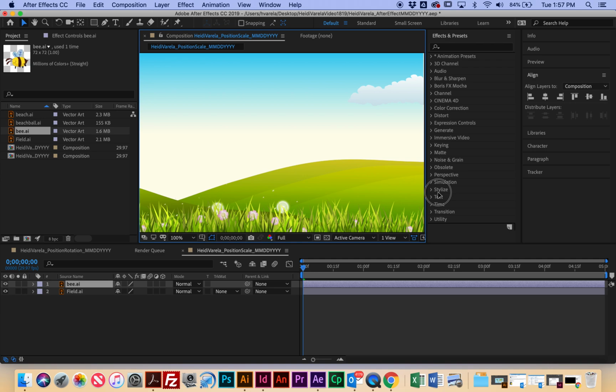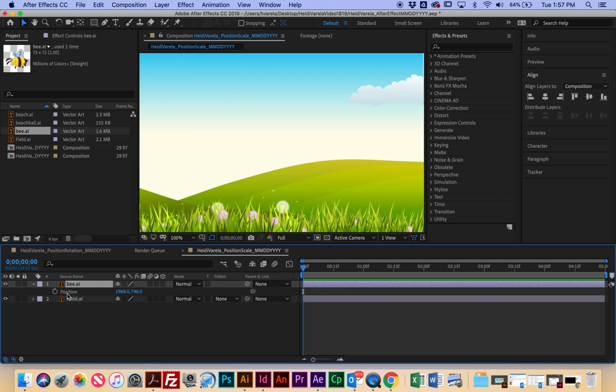I'm going to start him off over here, and I'm going to select the B layer and hit P for position because I want to animate the position. So I want it to start off stage left, and we're on frame 1. The CTI is on frame 1. So I'm going to hit the stopwatch for position, and then I can animate this either by clicking and dragging the XY coordinates of the position of the B, or I could use my selection tool to click and drag where I want it to start. So I want it to start off stage,